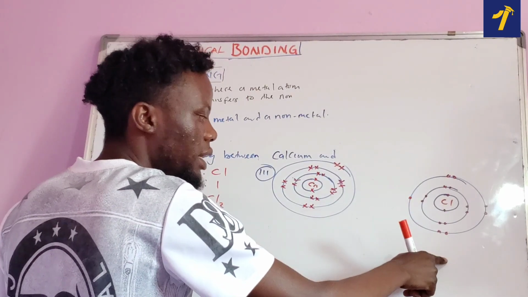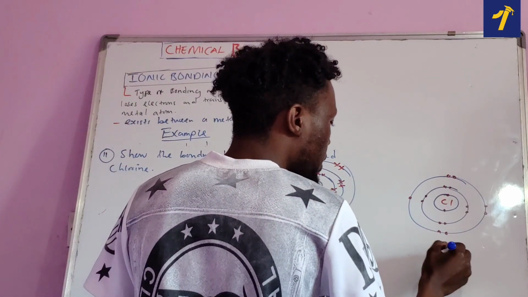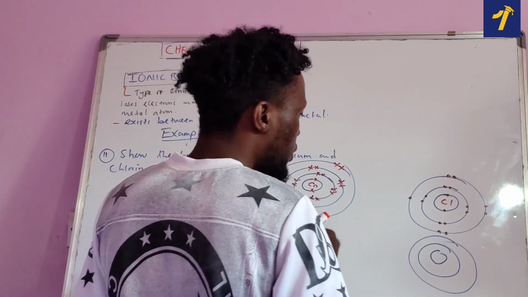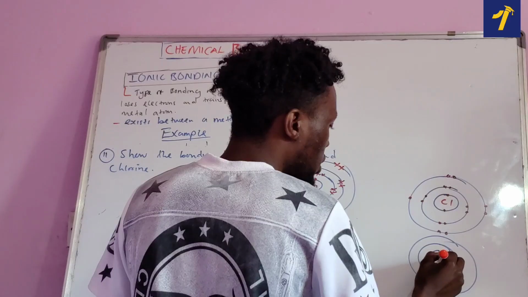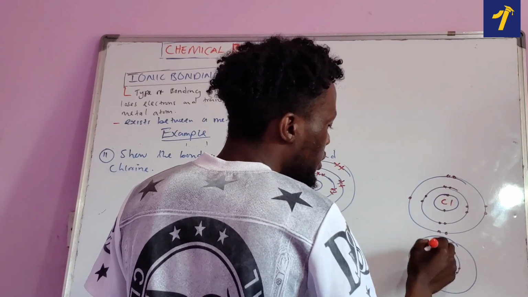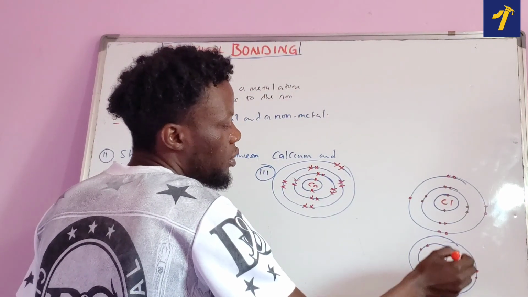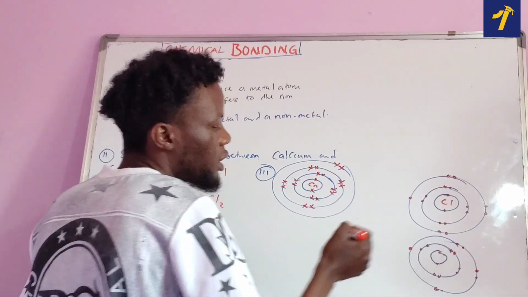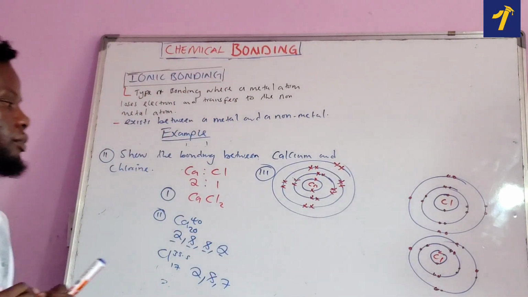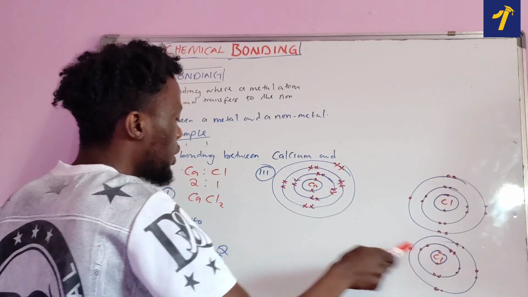So I'm going to write another chlorine here because we have 2 according to the chemical formula. 1, 2, 1, and 1, 2, 3, 4, 5, 6, 7, 8. Then in the last shell we have 7, just the same thing. Chlorine, like that. Now, since we have 2 chlorine molecules according to the